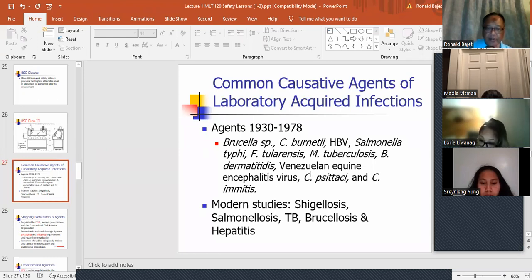Venezuelan equine encephalitis, I won't be talking about that. Chlamydia psittaci, I won't be talking about too much. And Coccidioides immitis, the one that causes valley fever, C. immitis. I'll be talking about that in the mycology section. A modern study: shigellosis, Shigella, Salmonella, TB, brucellosis, and all of those I'll be talking about, with the exception of